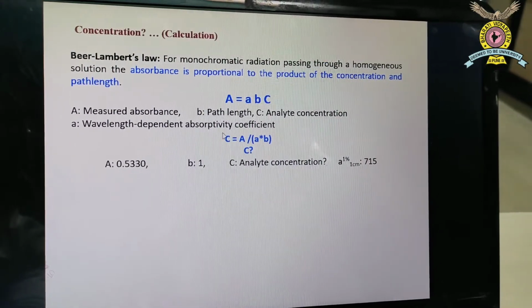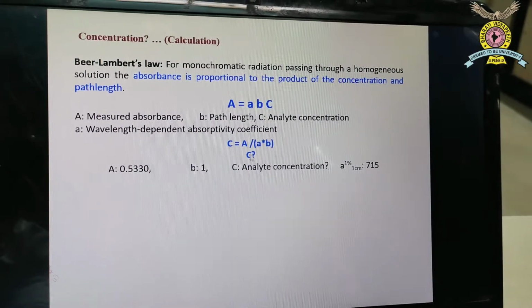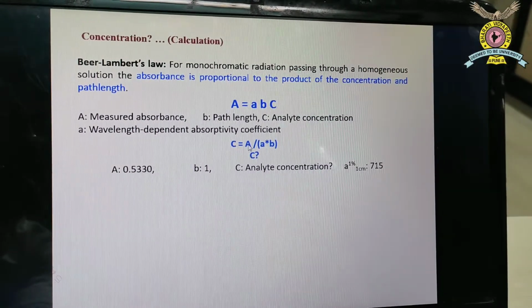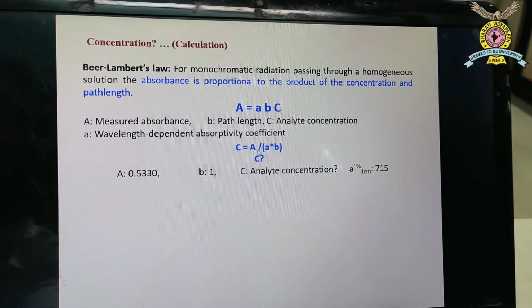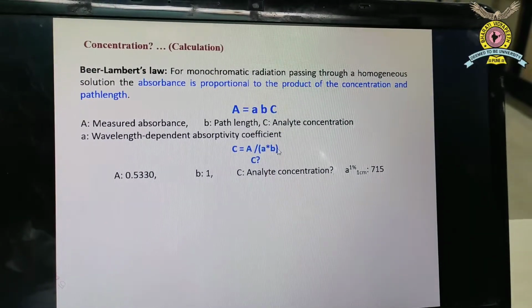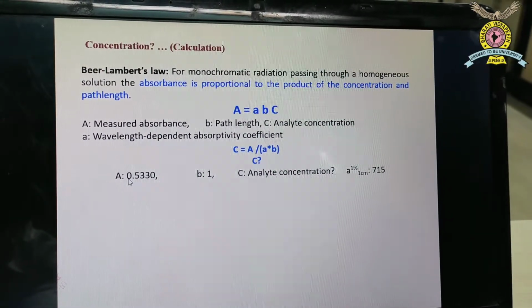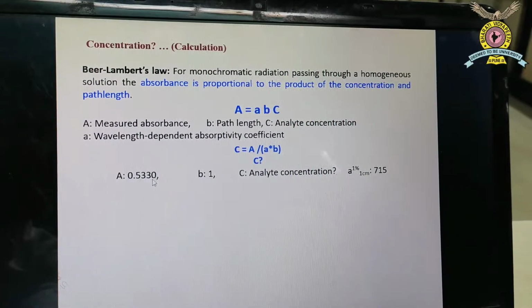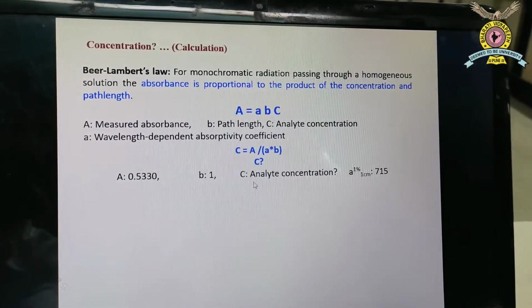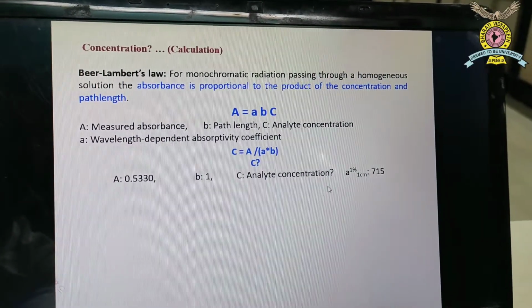So here, can we find out the concentration? Yes, we can. The formula is C equals A upon a b. And the value of A is 0.5330, b is 1, and C we have to find out.